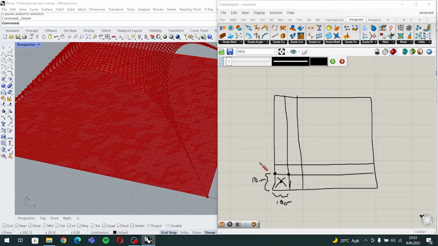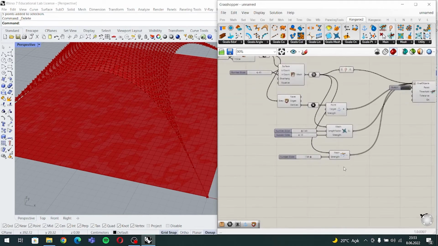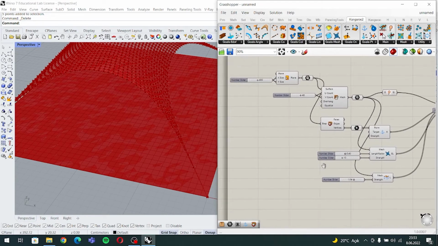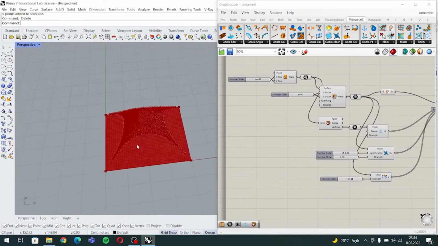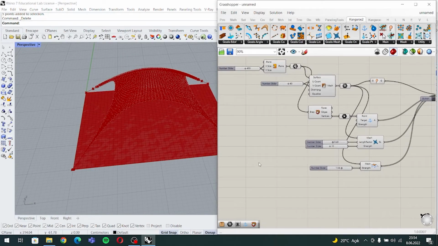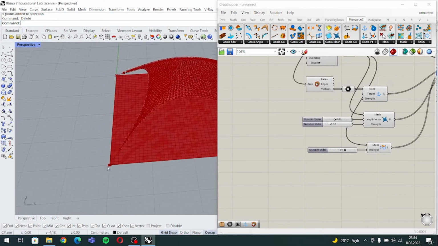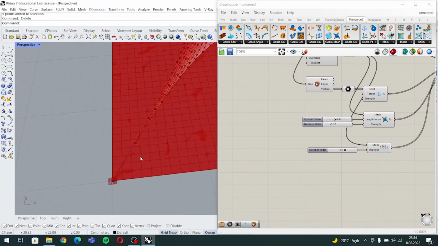Those points will be calculated by Kangaroo and can be used as anchor points. You will see what I'm talking about in the next step. So let's create a column in the middle to make some kind of canopy pavilion. Let's start with